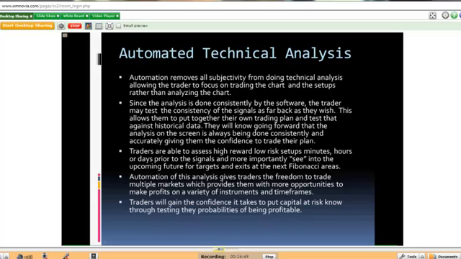So when we automate Fibonacci support and resistance, and keep in mind, we're taking into account every swing and every ratio in every possible scenario that's happened in the last 30 days, 90 days, however many days you have back on your chart, and we're removing subjectivity. We're not saying, oh, we'll do these ratios today and we'll do this one tomorrow, or hey, I went out to a wedding last night and I didn't quite catch that one, I should have had it. When you pull up your charts, your analysis is done perfectly every day, the same way,